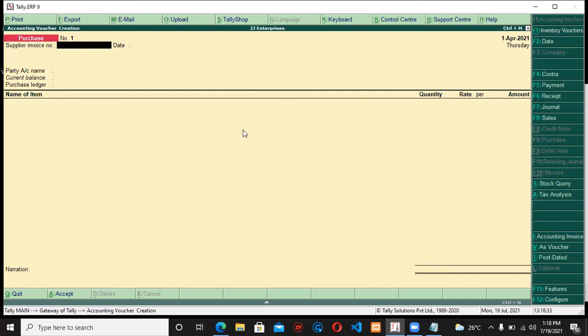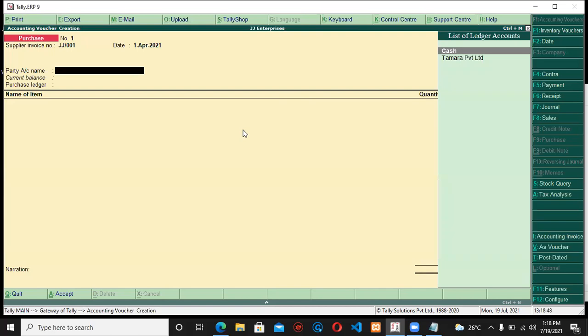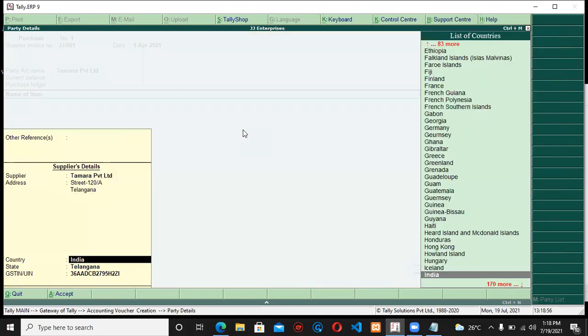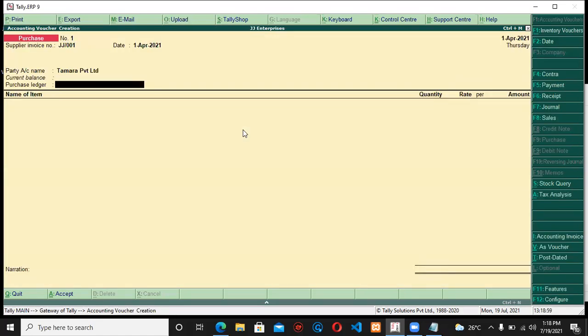When you're in invoice mode, you can provide the unique identification for your supply. So I'll just say JJ001. I just gave that, the date has been captured, and we are taking the services from Amera Private Limited. The details are already there, those are appearing. We are right now in this mode, selected Amera. Amera is the one which is providing us services, and the services provided are advertising related services.